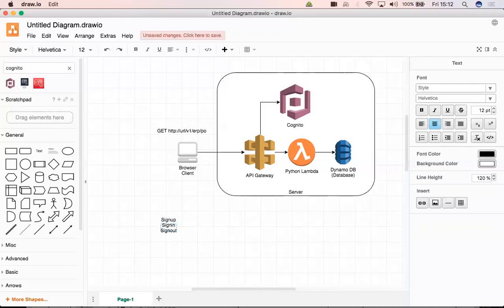Somebody should be able to register with the service, log in, and sign out. If you keep adding other flows, there would be things like the forgot password flow. Somebody might have forgotten the password, so we want to recreate it.